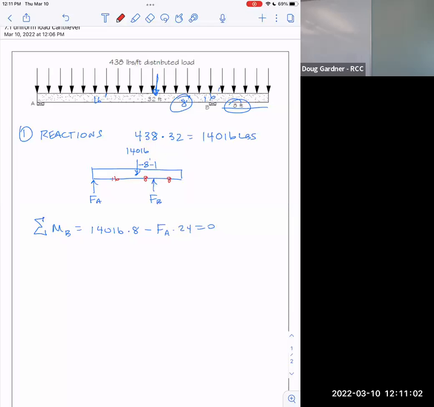So, okay, cool. That gives me a way to find the force of A. If I take 14,016 times 8 and then divide by 24, I got 4672. That'd be pounds, of course. And so now I could switch to the sum of the forces in Y. And since I have 4672 pushing up,